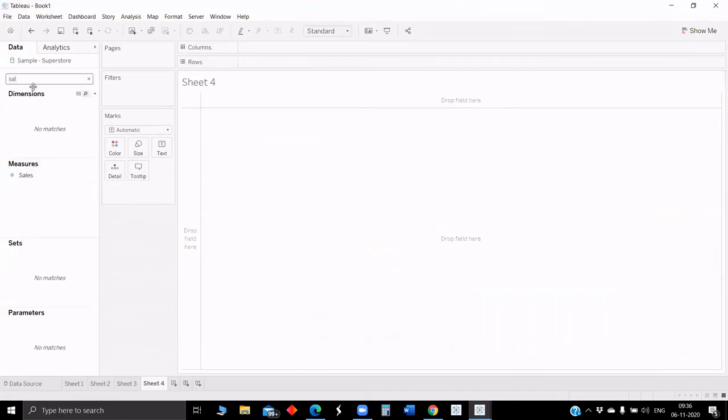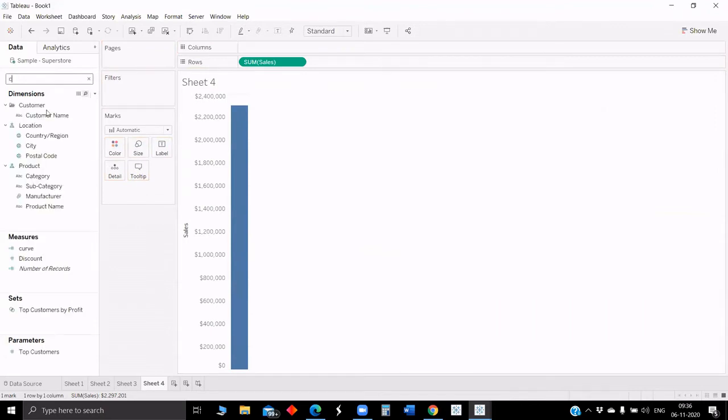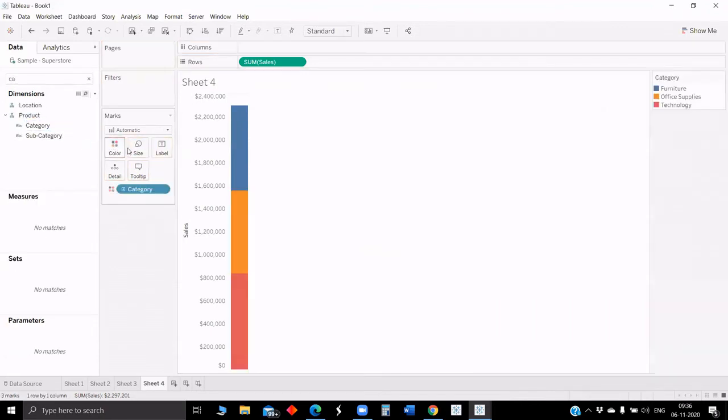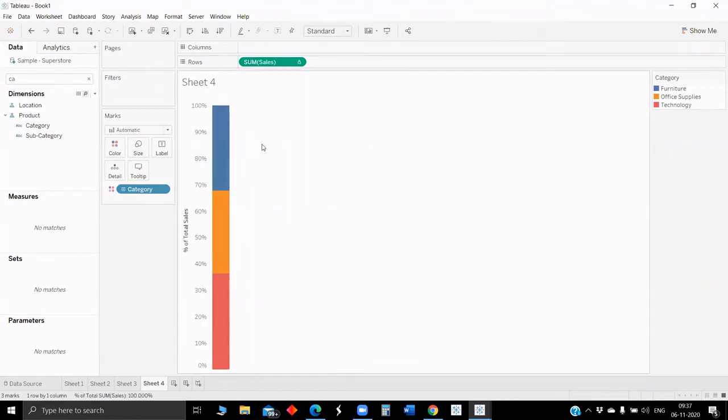Sales in columns. Sorry, category, color. Some sales will drop. Here only we can edit. We don't need the total sum of sales. If we show percentage of total, that will be good. So percent of total.